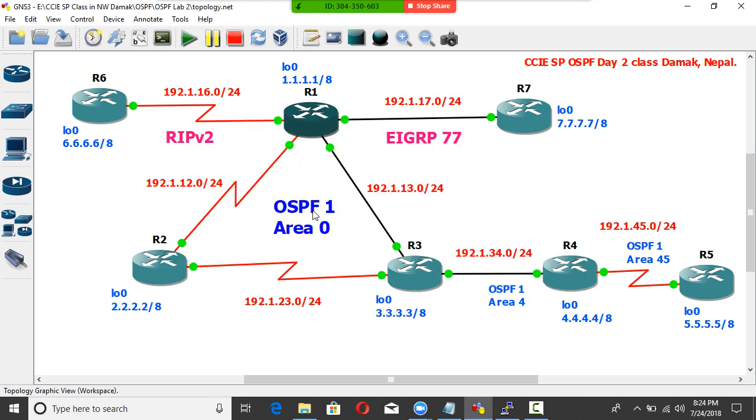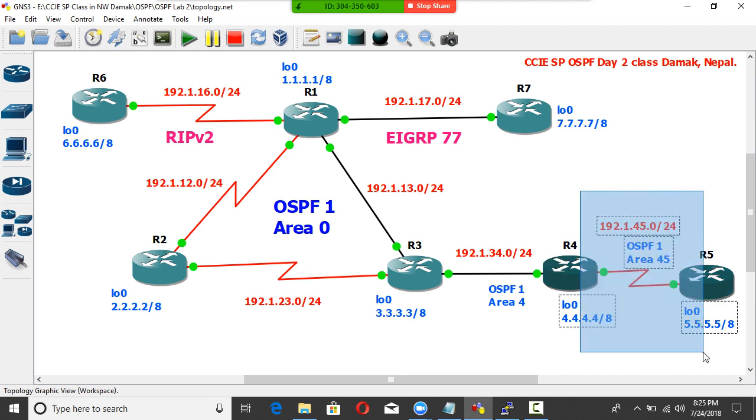These three routers belong to OSPF 1 area 0, and 7 is EIGRP as well as OSPF, and 6 is RIP version 2, and 3 and 4 is OSPF area 44, and 4 and 5 is OSPF area 45. Clear? So before enabling EIGRP 77, RIP version 2 and OSPF area 45 and area 44,